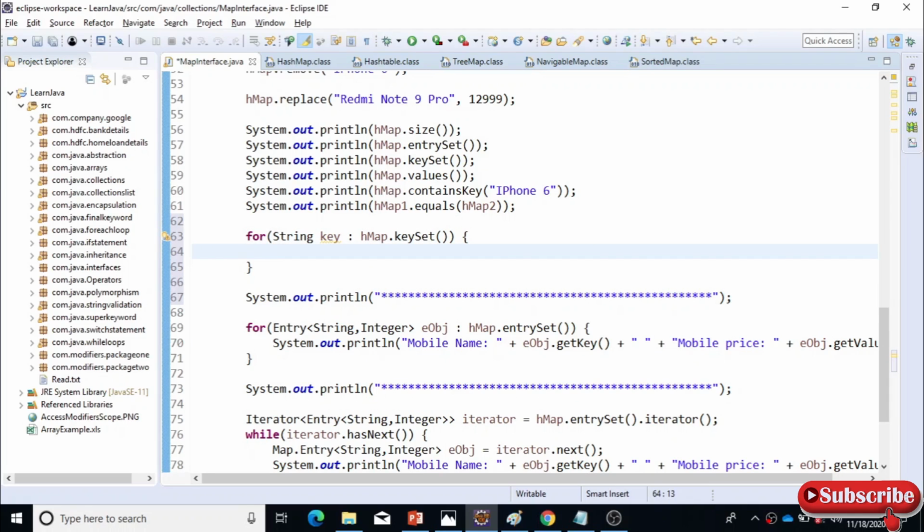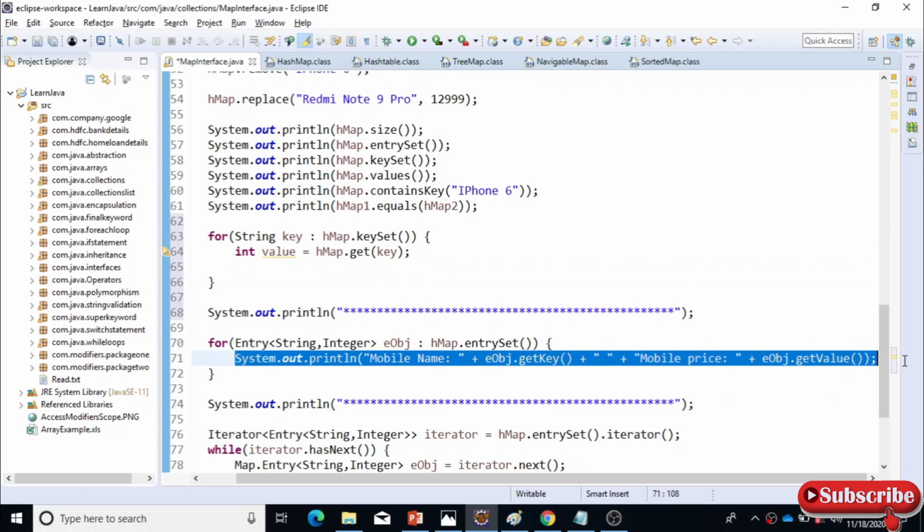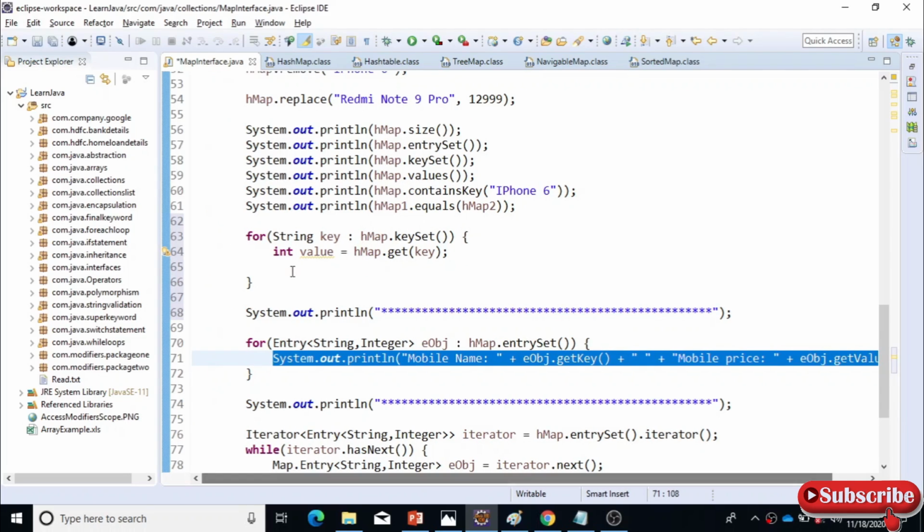And here you can get the value for each key using the get method. Just call the get method using this object and pass this key here. It will iterate using the enhanced for loop now.